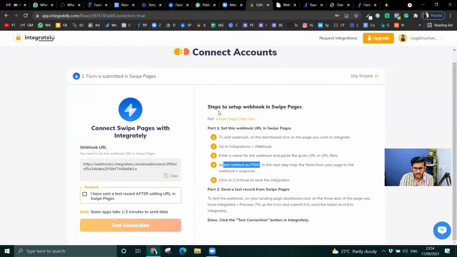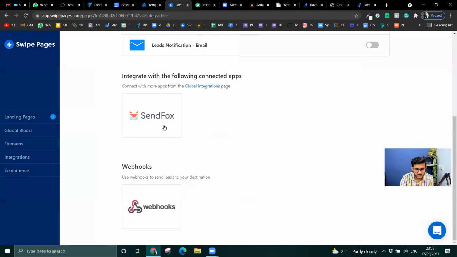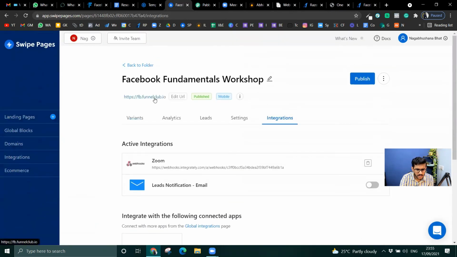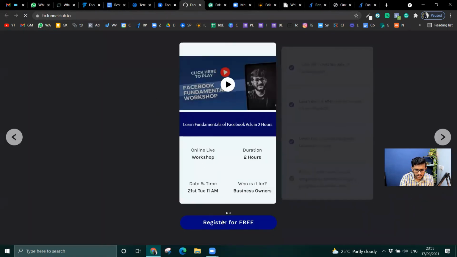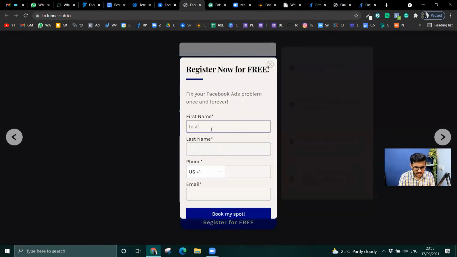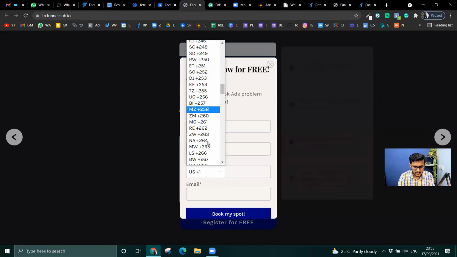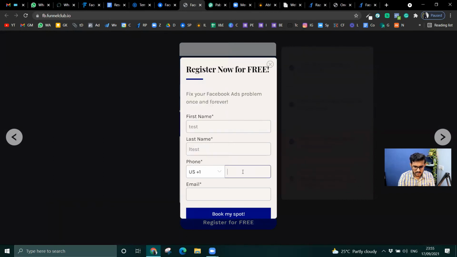I'll come back to Integrately. I have sent a test record after test connection. Oh, no, I have not sent a test record. So I will have to send a test record. I just go here. I'll click on the register for free. Test, L test. 1 2 3 4 5 6 7 8.